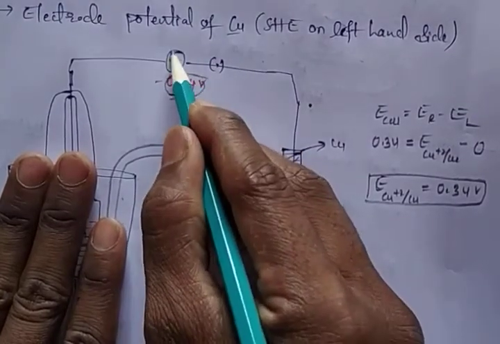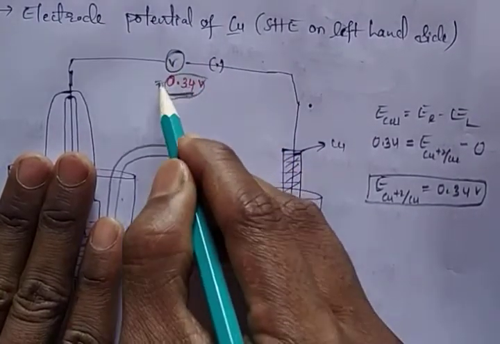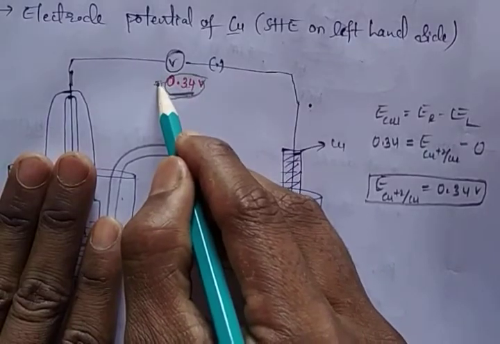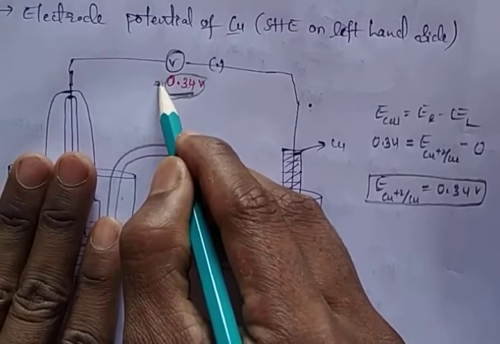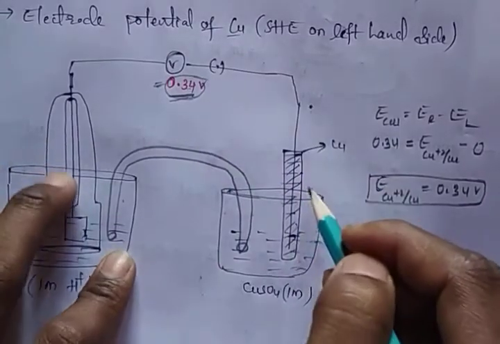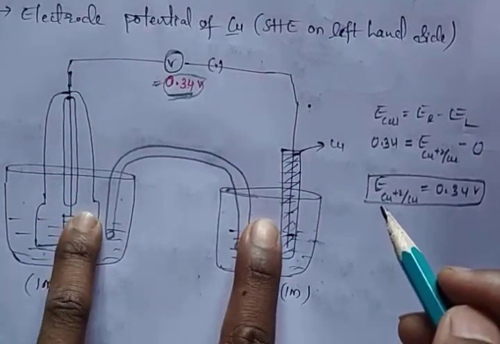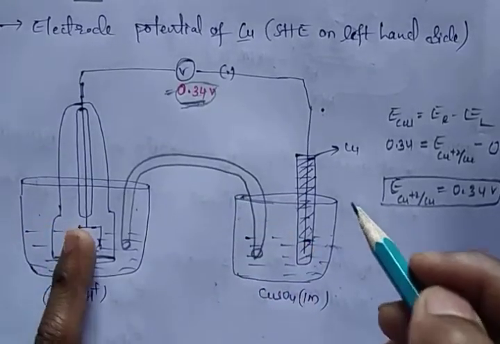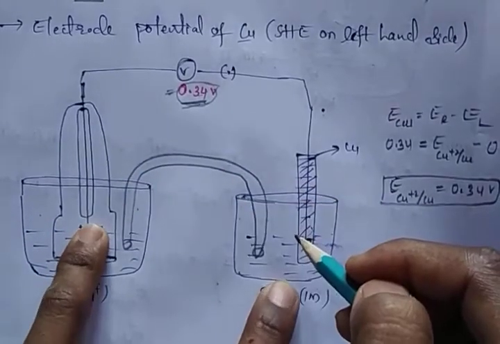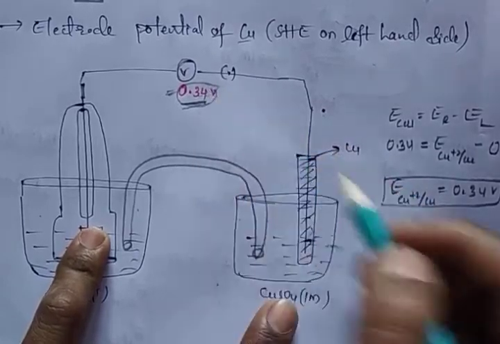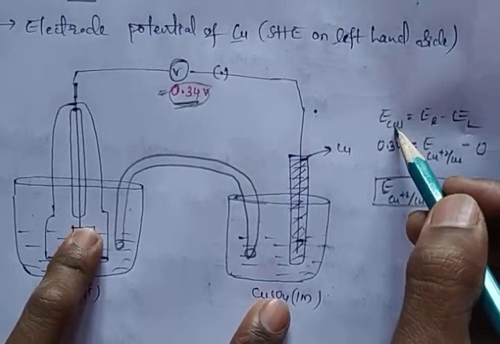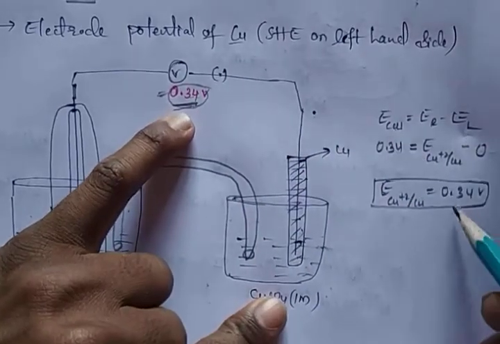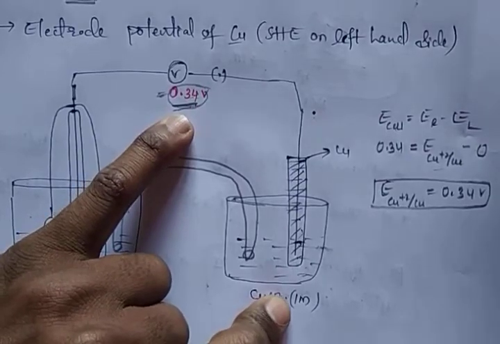In the voltmeter, if it's showing the negative, usually it won't show. Digital raha to minus means our connections is wrong. We have wrongly connected these two cells. So again you can interchange these two positions, left hand side and right hand side. So at the left side copper and right side SHE, and then note down the values, cell potential values, and then you can measure the electrode because SHE values is 0.